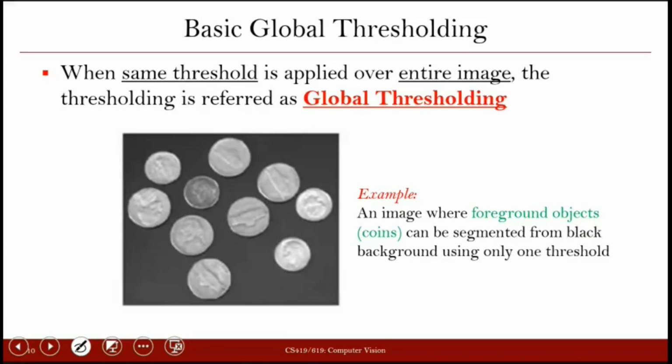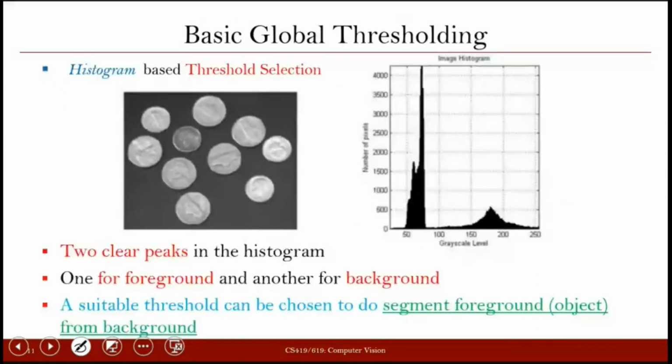So we can use a threshold, apply it on the image, and get these coins segmented from the background. In case of global thresholding, in the entire image, the same threshold is used. Whatever threshold we are using to classify this particular pixel, a similar threshold we are using to classify this pixel also, and this pixel also. So in the whole image, the same threshold is being used. Okay.